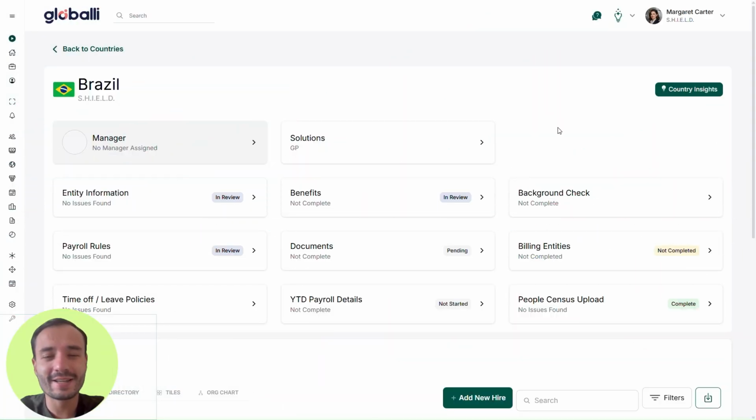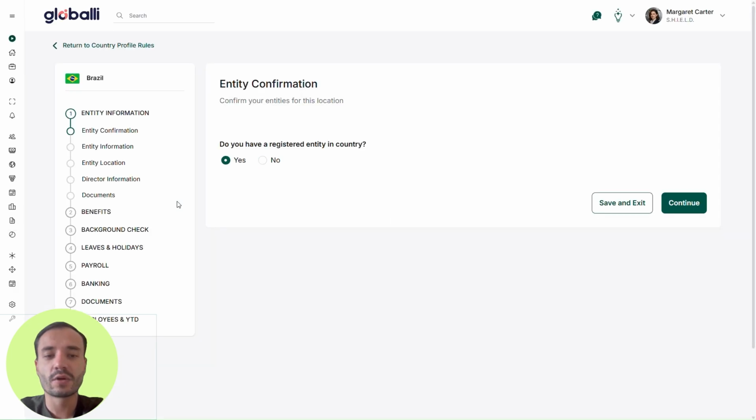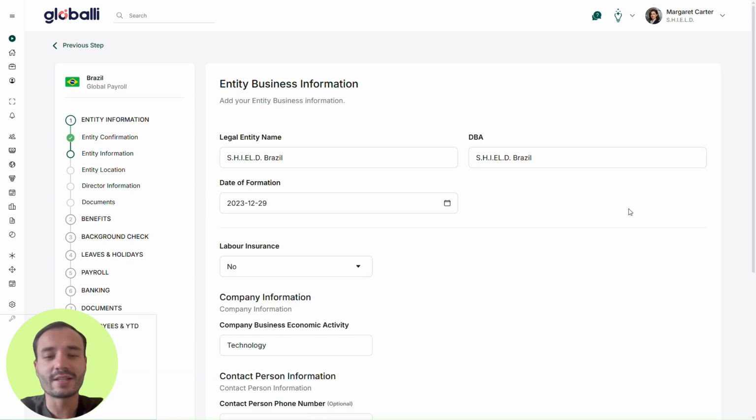So here we are in the platform, and we are going to configure Brazil for this demo, and you can see all the different workflows that we need to complete to configure a country. We're going to start here by clicking in entity information, and here we're going to set up the legal entity for this country. So we're going to say yes, we continue, and next we define the entity name and the